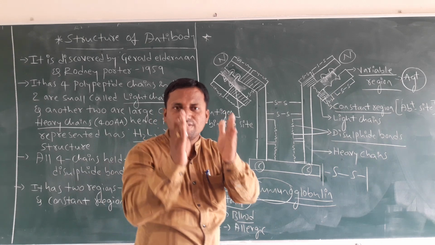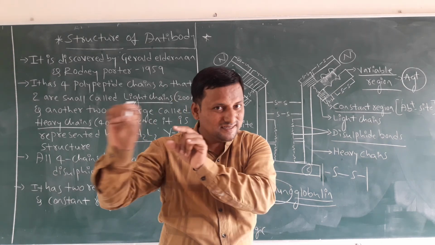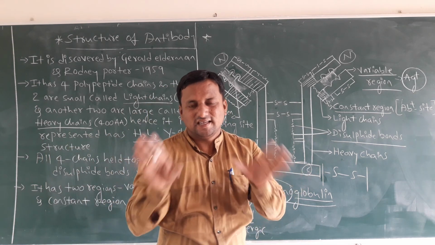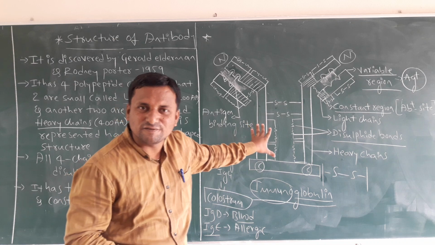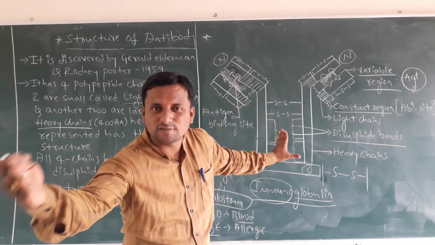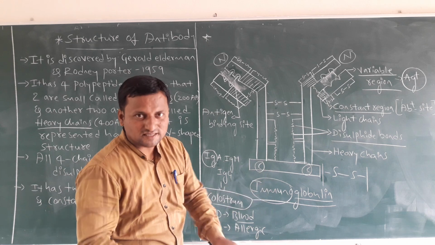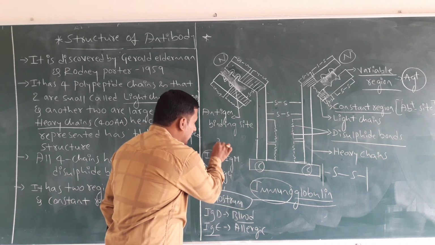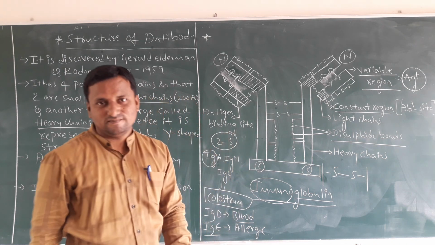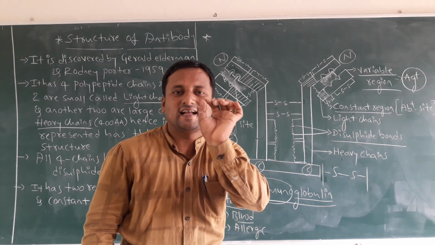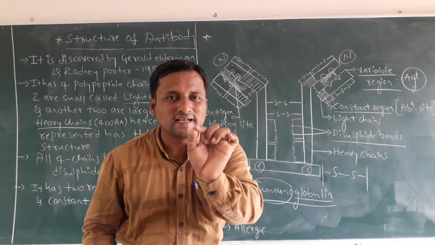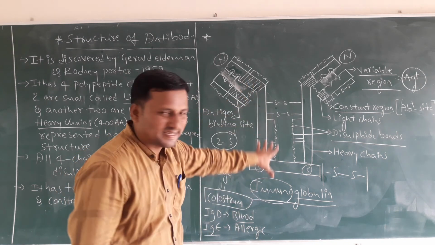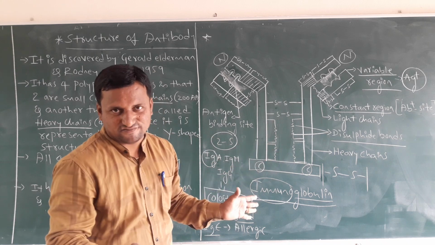When you are going to draw the structure, please label the parts. Based on the parts, create a sentence. That's enough. From this structure, you are going to get 50% of the marks. If you do the explanation, another 50%. You must remember, this structure is asked as a 2 marks and also as a 5 marks question. When they ask 2 marks, they ask: draw a neat labelled diagram of the structure of an antibody molecule. That's very simple. Draw the diagram, label the parts, that's enough.